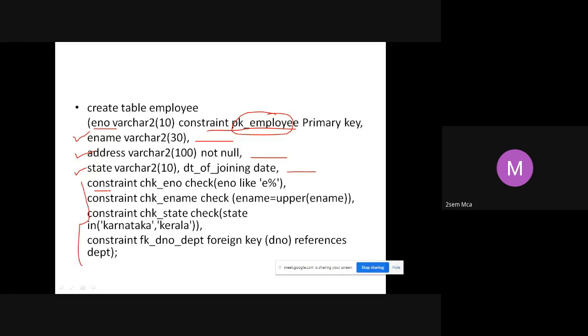See here, constraint is a keyword. check_enumber is the name of the constraint. For which constraint is it a name? It is for checking whether your e number starts with E only.